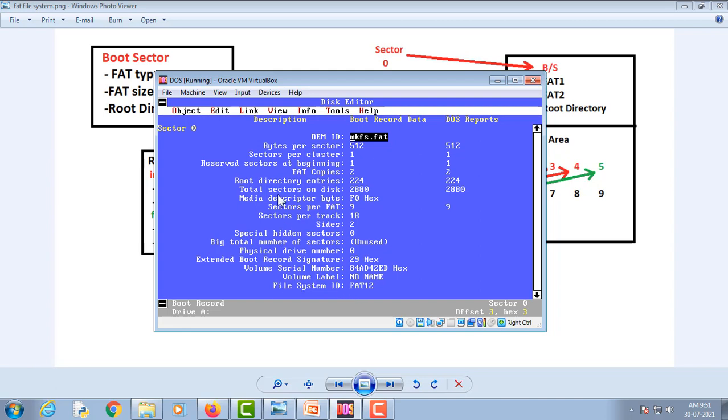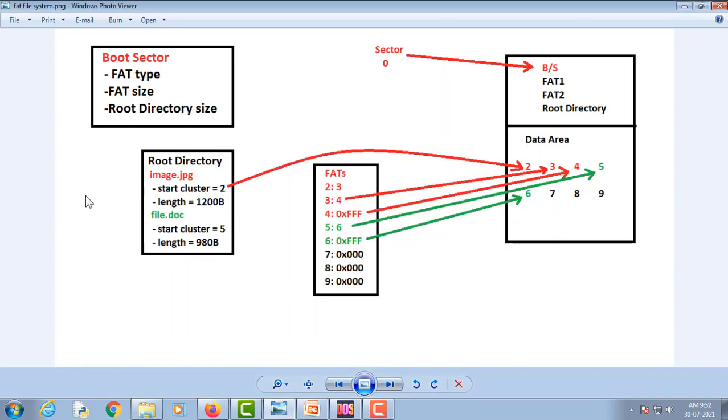And you can see there are other information as well, like you can get information about hidden clusters. You can get information about total number of unused sectors, and total number of sectors on the disk is 2880. Now let's try to understand the root directory.